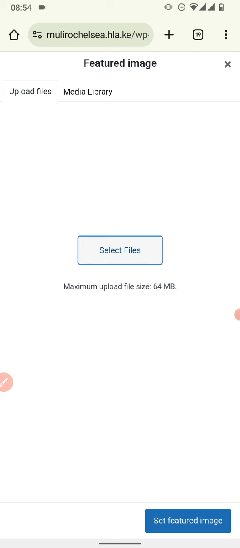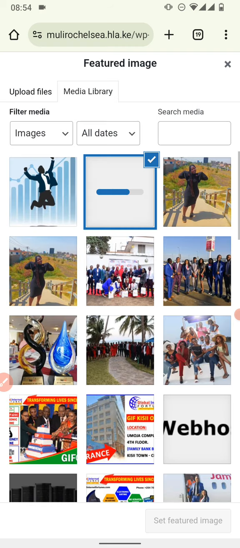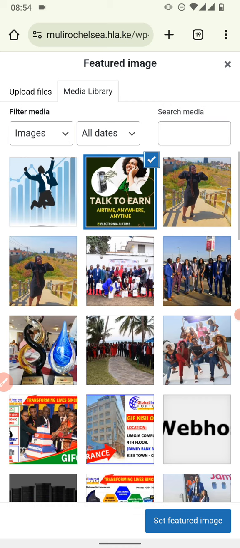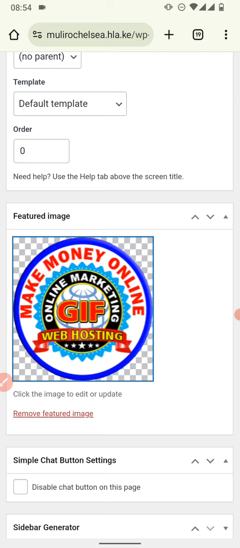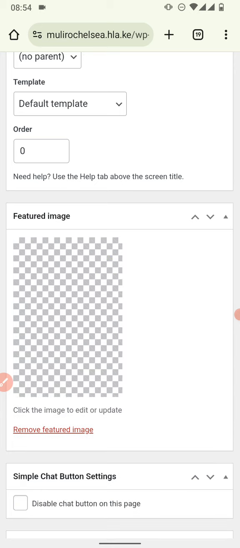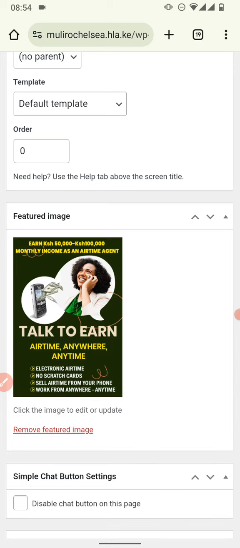Yes, so it will be loaded, and then I set it as the featured image. Now I have a featured image on my home page, and then you go ahead and click on set. So we set that image there. Is the image now set as our featured image? So it is saved. We go ahead and click on update. So we update it,